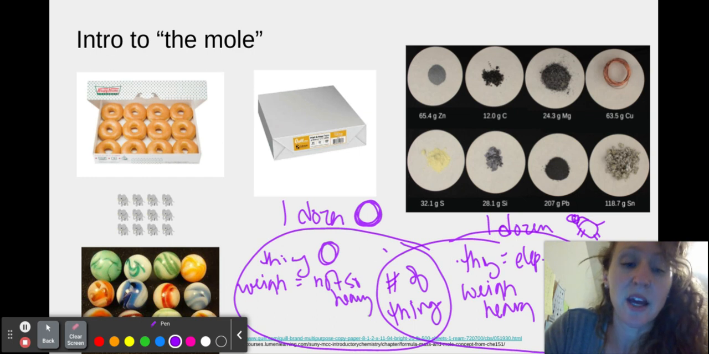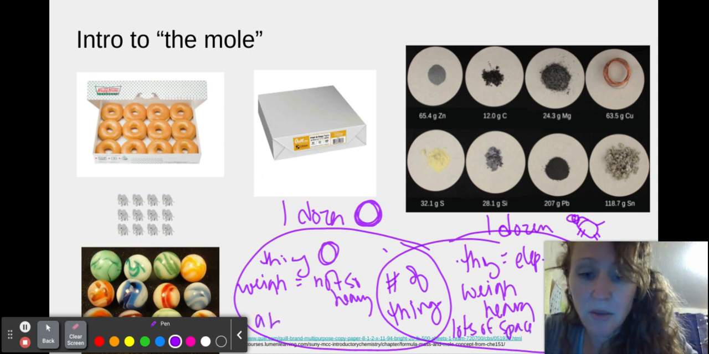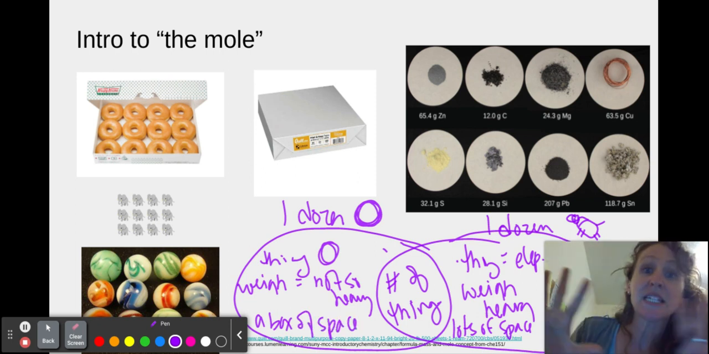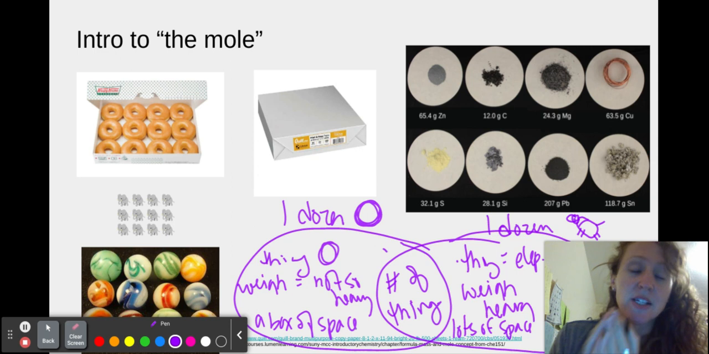Also, the space they take up, right? A dozen elephants takes up a lot of space. A dozen donuts takes up a box of space, right? So their volume is going to be different. So there's definitely differences between a dozen donuts and a dozen elephants, but the number of things you're talking about